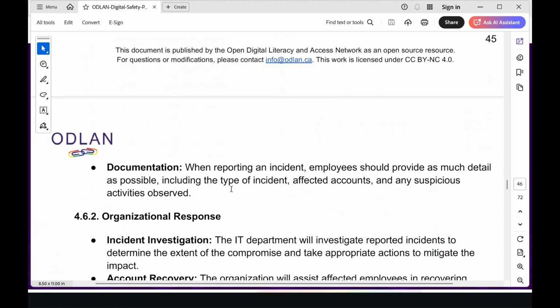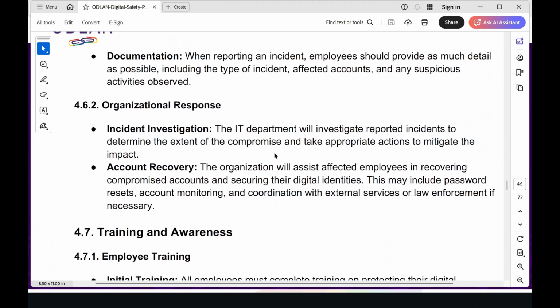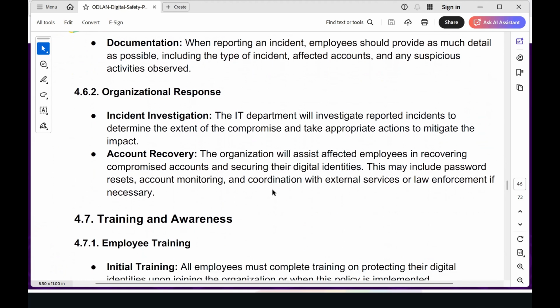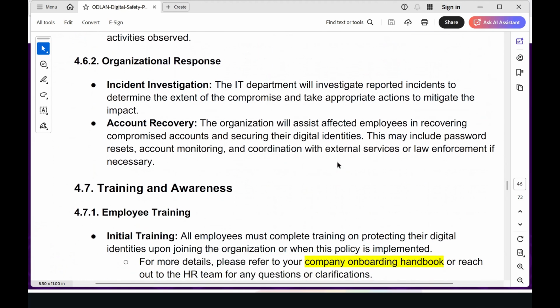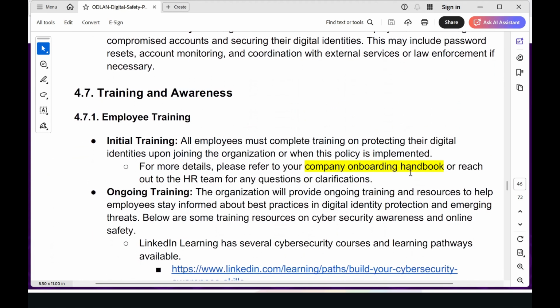So record keepers, like we mentioned at the top under the role section, would be who is responsible for documentation. And we have a number of recommendations on who should take control and who is responsible in the event of account recovery. Account recovery is the number one common way that you will have to deal with incident responses. We recommend hyperlinking your HR team's company onboarding handbook in this document when you have your own version of this template in your system, because that way all of these useful resource materials are linked together and